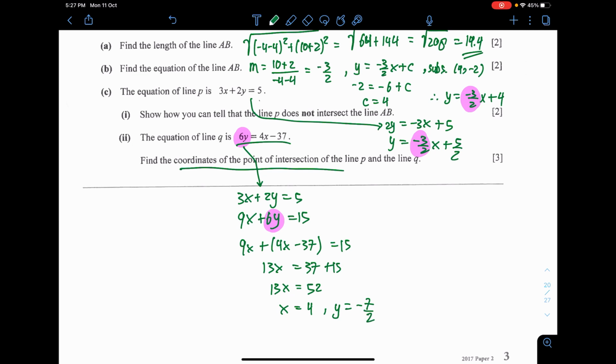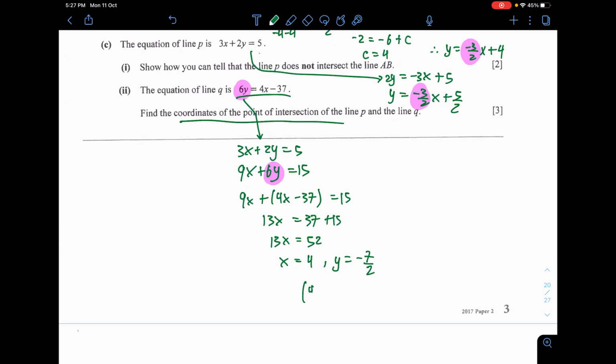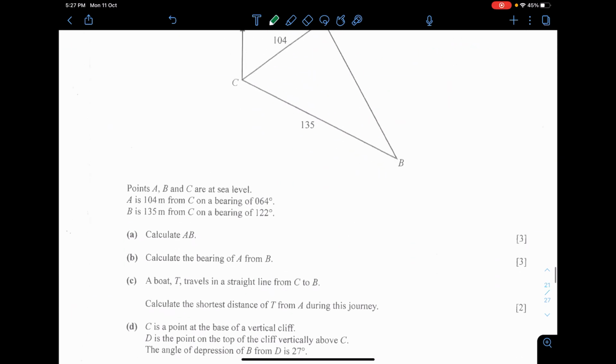Okay, yeah. So that's the coordinate. Please put it down as a coordinate. If you have to leave your answer, please put it like this. If you just leave your answer like that, you will actually lose some marks, because the question asks you for the coordinate, not the values of x and y. You need to put them in a coordinate presentation, or maybe some presentation marks are lost. You certainly don't want that to happen, right?